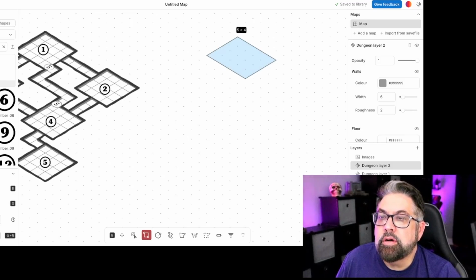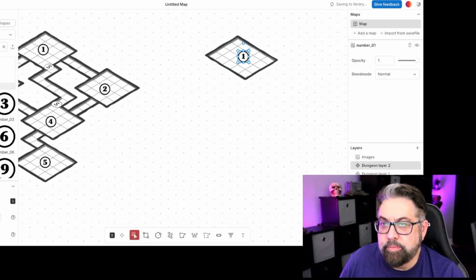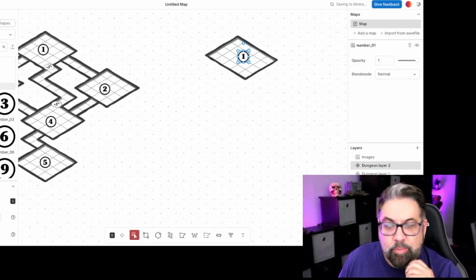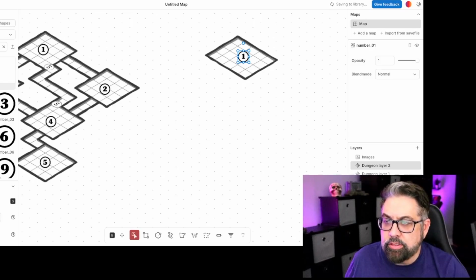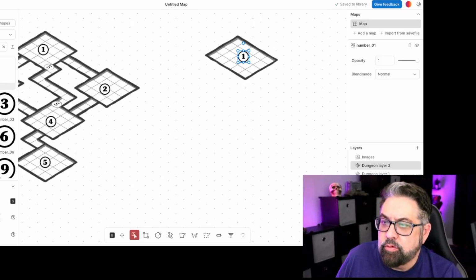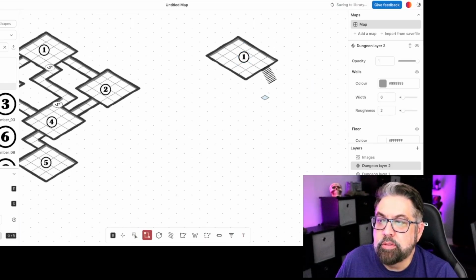So I'm going to start with a room, just like we did over there. So here's our room 1. So let's grab number 1. There's room 1. So we're going to be similar, but we're starting to think about nodes and connectors as more than just rooms and hallways. So my connector off of room 1, instead of a hallway, I'm going to make it a stairwell. And so now I'm going to put room 2,